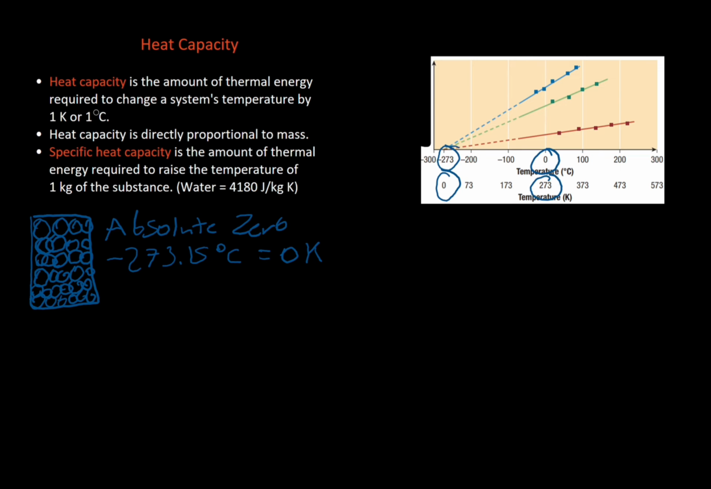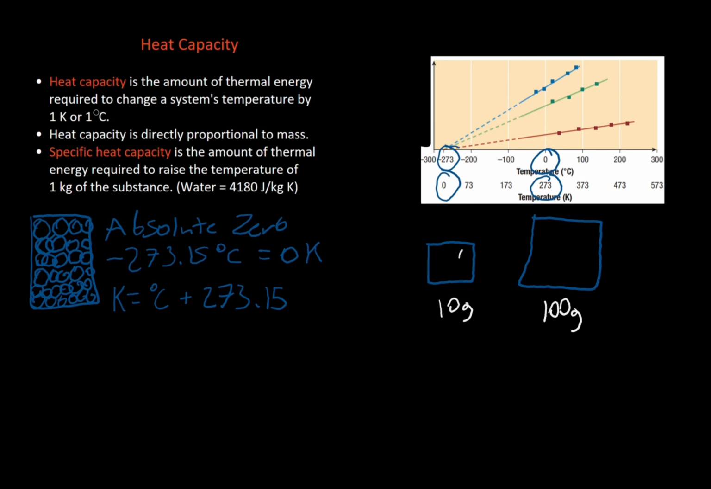In questions involving heat, whenever we are given a temperature in Celsius, we can convert it into Kelvin by simply adding 273.15. Enough with the Kelvin scale, let's get back to heat capacity. Heat capacity is directly proportional to mass. So let's say that we have two ice cubes, one being 10 grams and the other being 100 grams. With the 100 gram ice cube being 10 times more massive than the 10 gram ice cube, its heat capacity